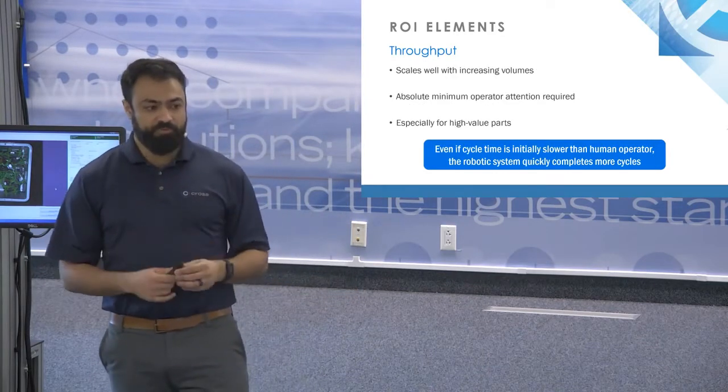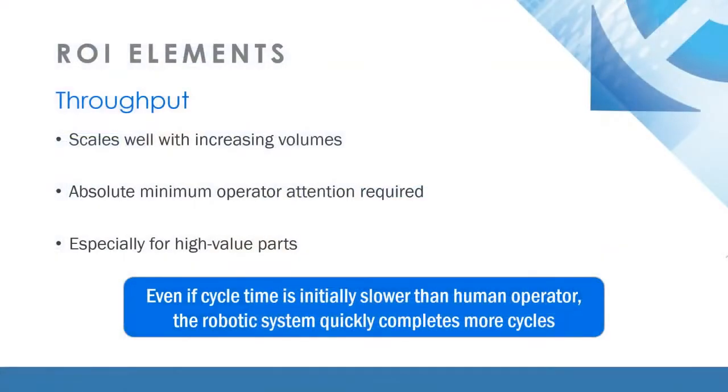Throughput, again, especially with multiple shifts, robots scale really well. The benefits of a robot scale really well as your volumes increase. Your customer says, hey, next year I want to produce 3 times this amount. Well, the easiest solution is to throw 3 times as many people at it, right? Hire as many people as you can to increase capacity. But